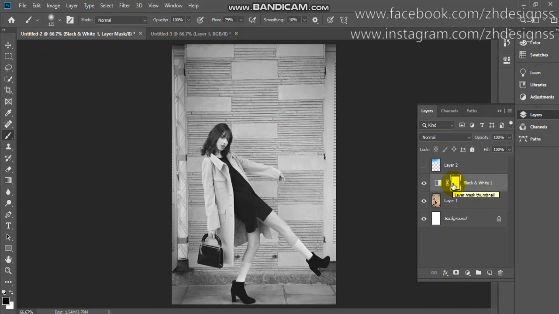Now there is one more magic trick. If you press Control I or Command I on your keyboard on the layer mask, my whole black and white effect is visible but not showing. So if you want to apply your filter or effect to a particular area, you can use white foreground color and apply it.